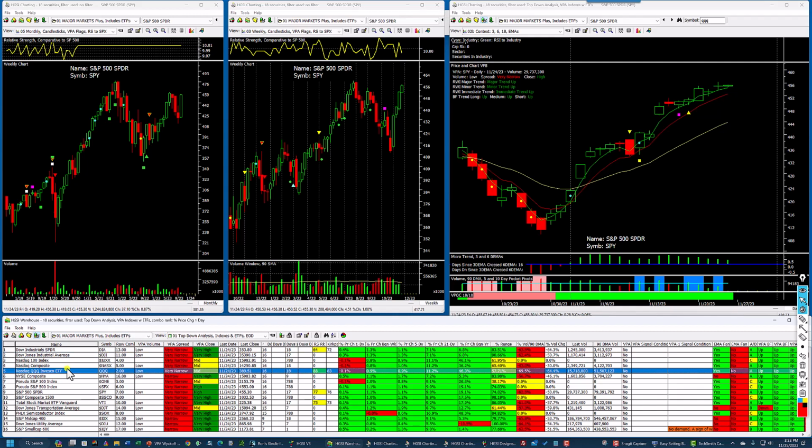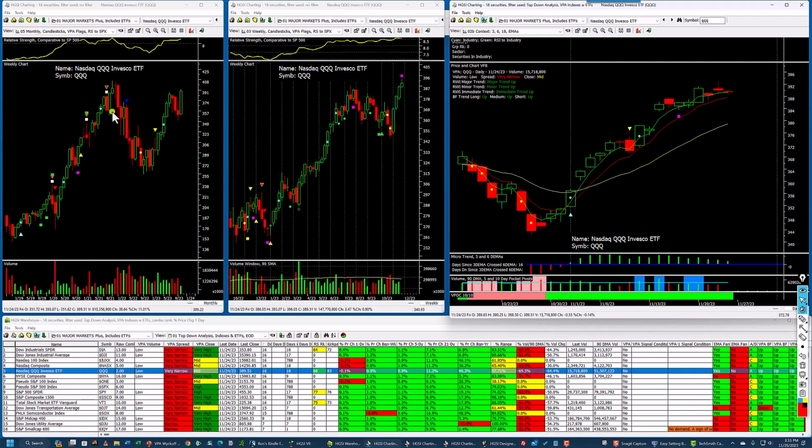Let's go back here. Let's use the QQQ this time. I'm just going to double click on it, and it's going to populate these 3 charts. This is as of the close at noon Central Time on Friday. The volume was low, the spread's narrow, and the close is mid. You can see that up here by looking at this. But what I want to point out here is that